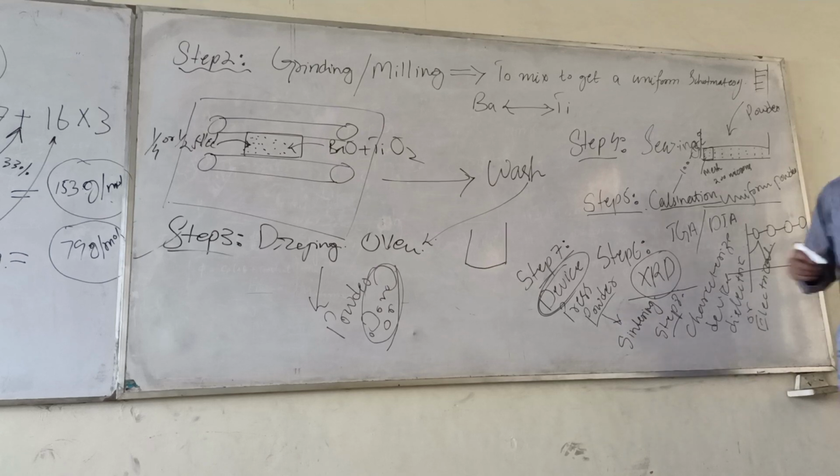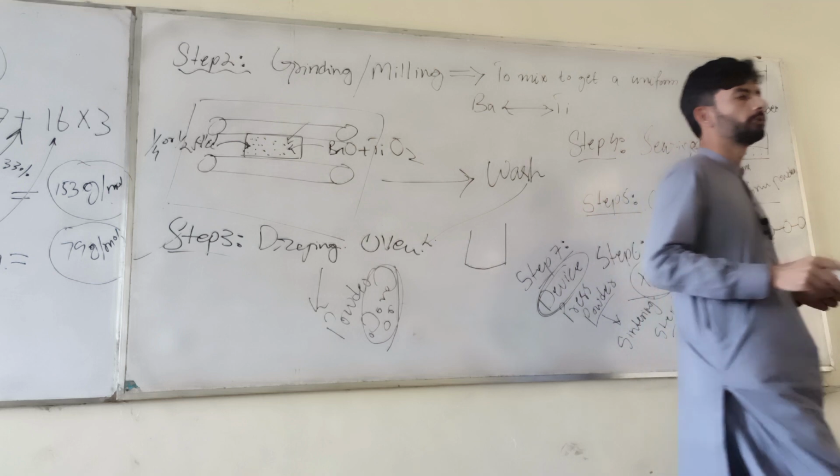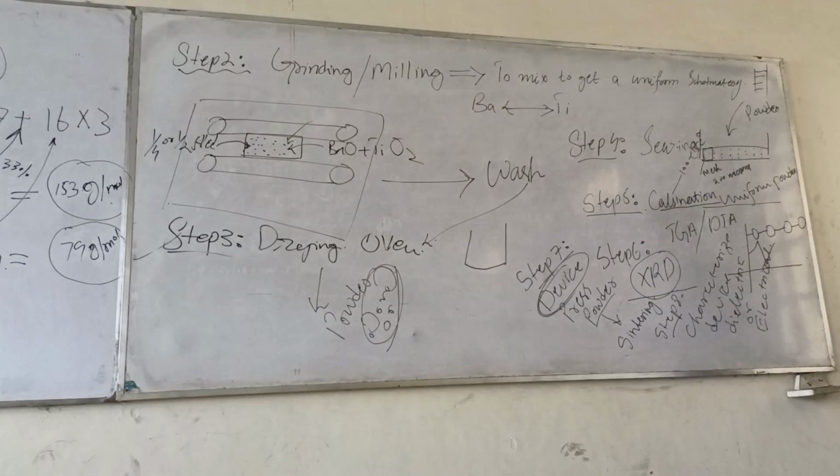But there are several other types. You can use a zirconia crucible. One can even use a quartz crucible. But the most stable and the most efficient one is the platinum crucible. Because sometimes our material reacts and after this step one will get some kind of sticky material which sticks with the walls of the crucible,